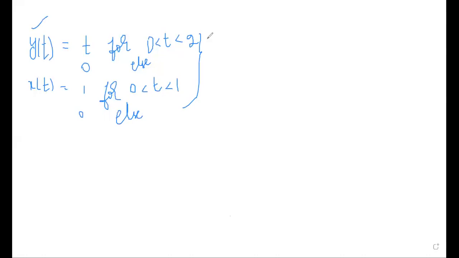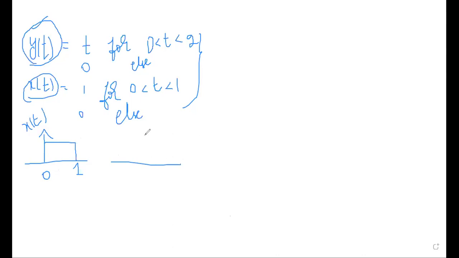So as usual, the first step: x of t is your input signal and y of t we will take for the impulse response. But my first step is I have to plot this x of t in terms of a diagram. Can anybody tell me between what range I will get the output via x of t? The signal is between 0 and 1, and amplitude is 1. Okay, very good.